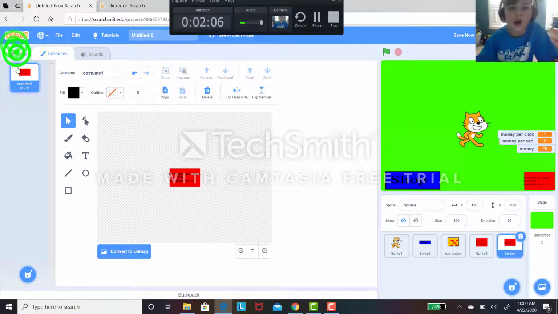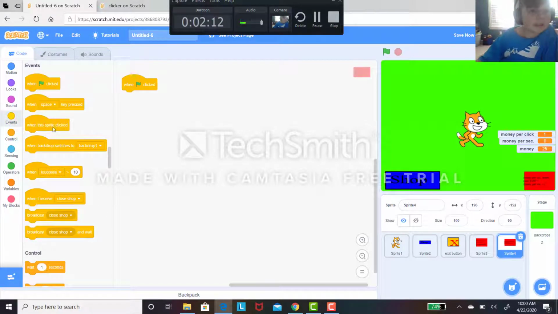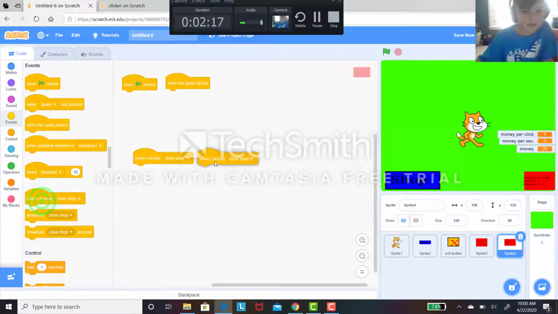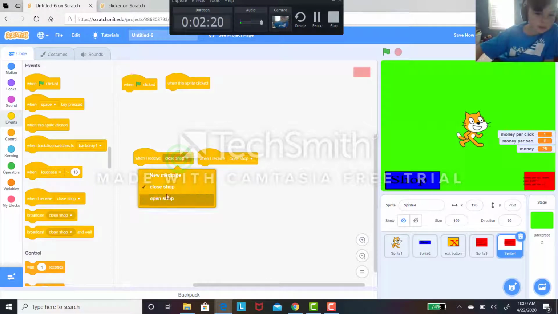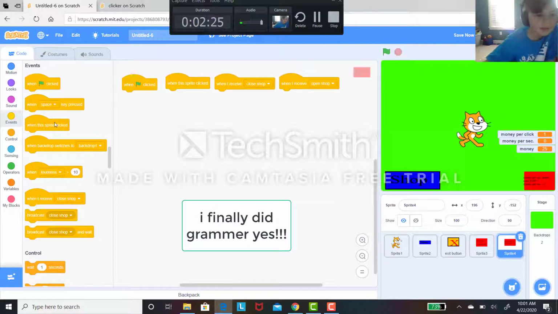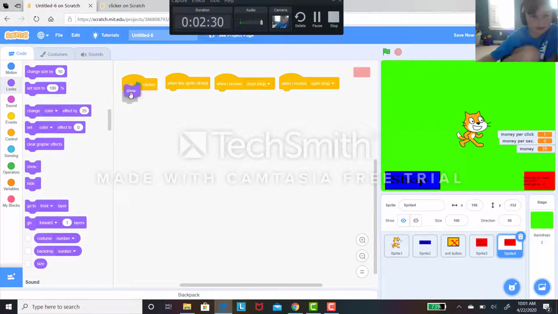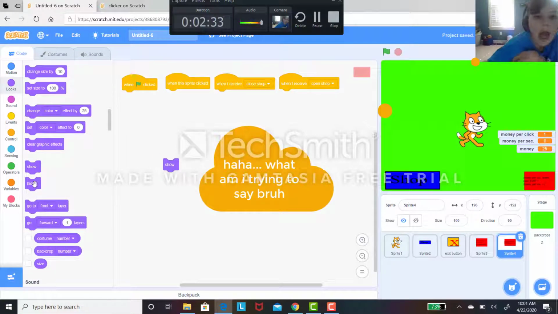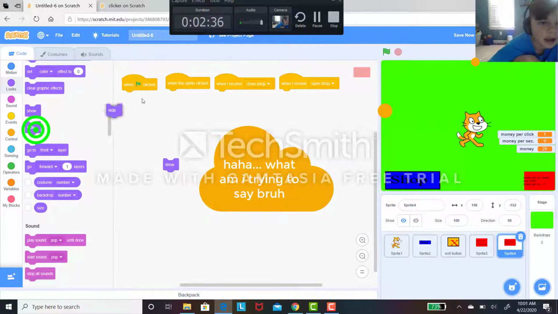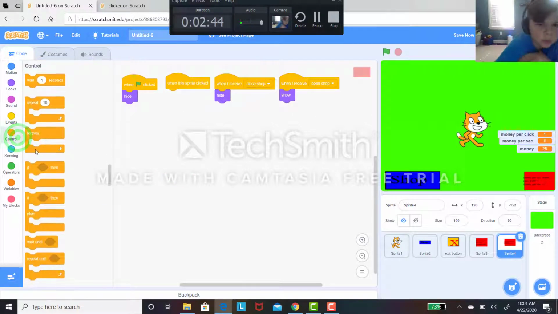And then let's go to our codes. Let's grab an event. One flag click. One flag clicked. One sprite clicked. When I receive close. When I receive open. So change one to open. Change one to close. Ta-da! Let's go to looks. Let's grab when flag clicked hide, when I receive open shop show, when I receive close shop hide, and then